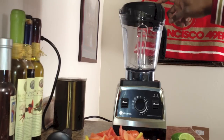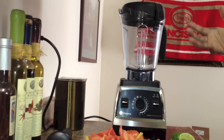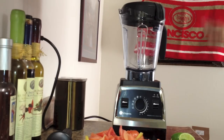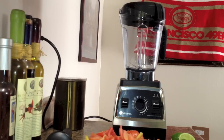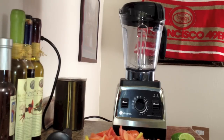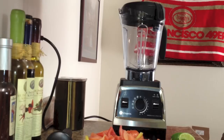And that's one of the reasons why I like the Vitamix, because I bought this machine for healthy eating, and now I can make foods and snacks to sit and watch TV with, especially my football game today. At least in my opinion, I couldn't do it without the Vitamix. I wanted a machine that I could make something healthy, but not where it tastes bad. So that being said, today I'm going to be making a salsa to go with my food